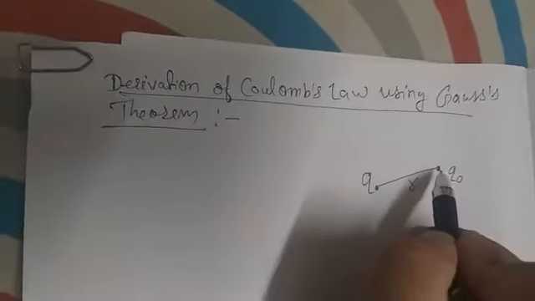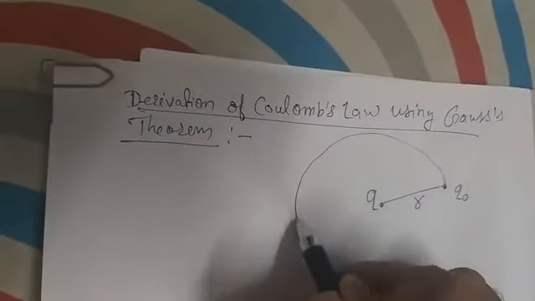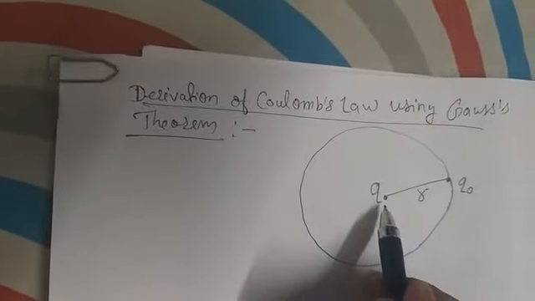So what we will do, we will just draw a Gaussian surface to enclose the main source